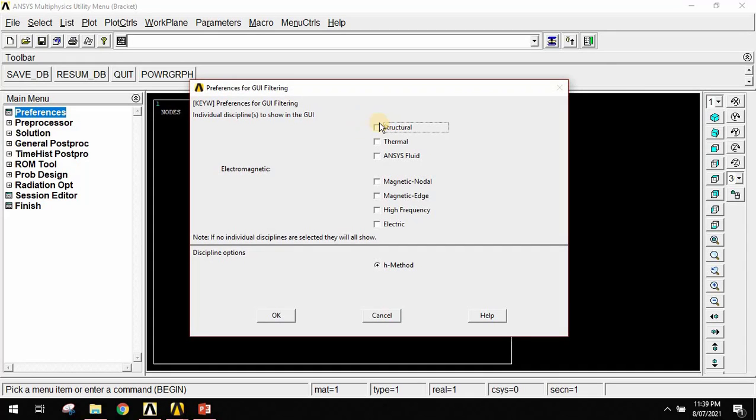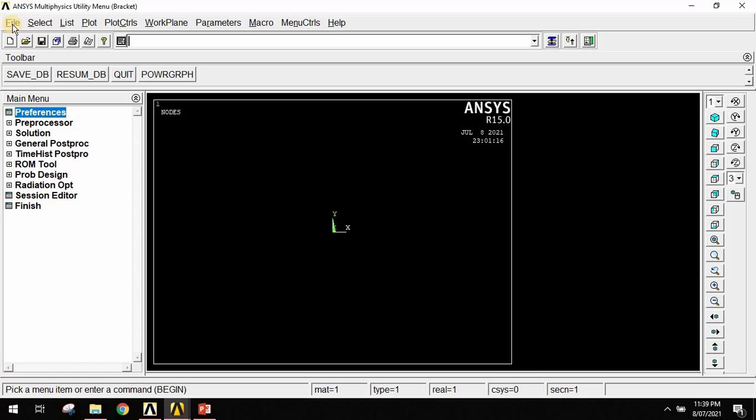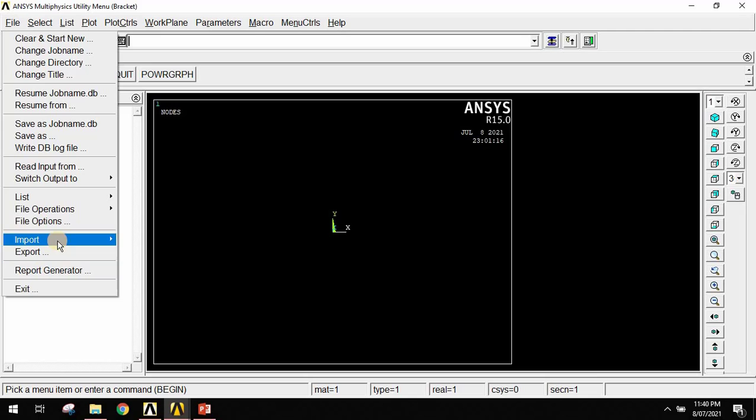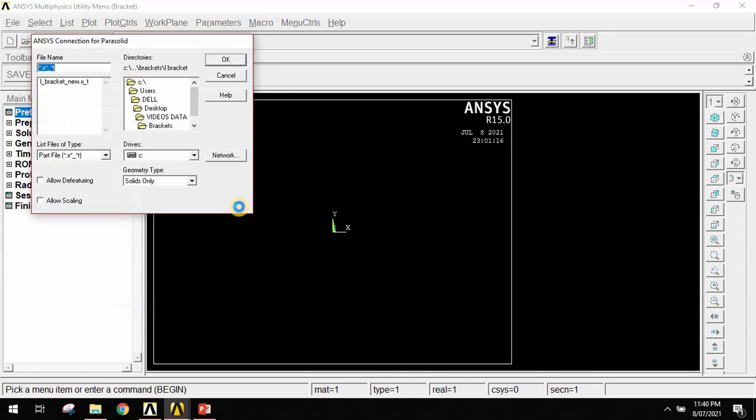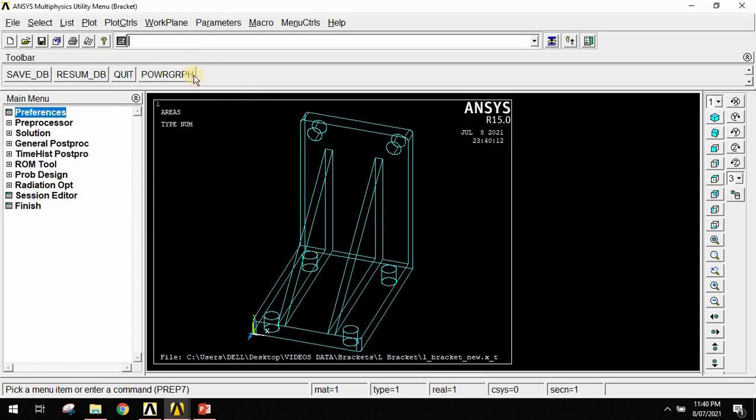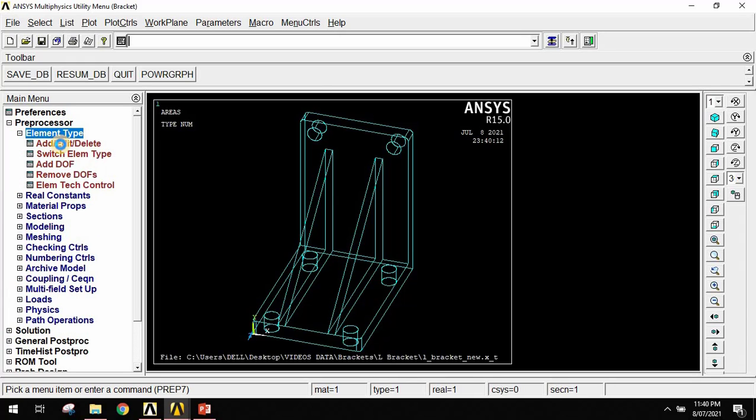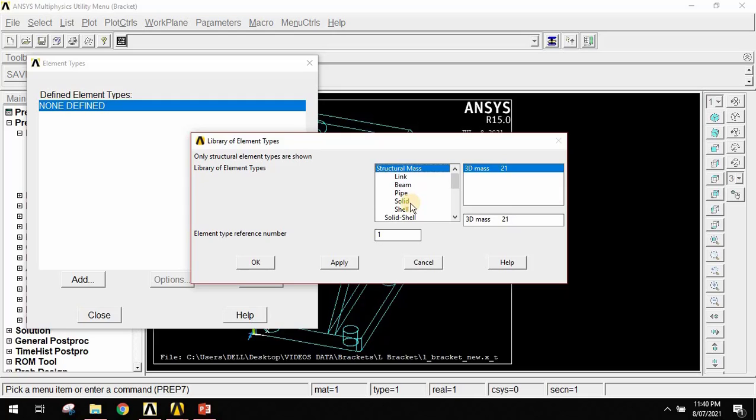go to preferences, structural. In this tutorial I have to directly import this file in Parasolid form. So choose your directory and import this Parasolid file directly here. Then go to preprocessor, element type, add edit element, solid type. After that you can use a brick node,